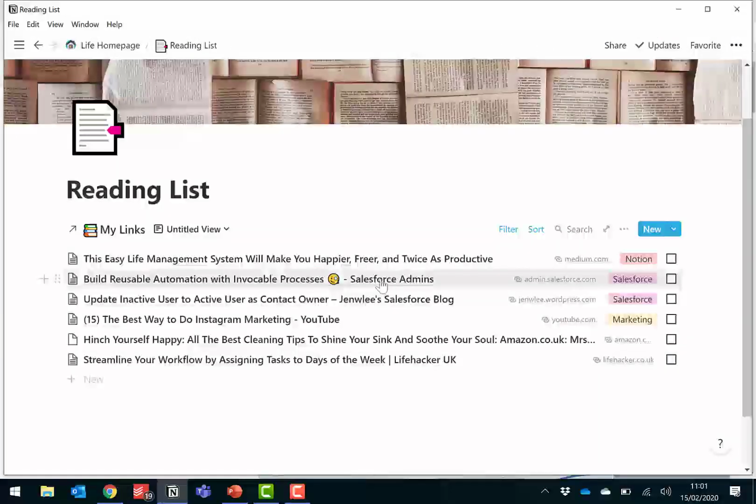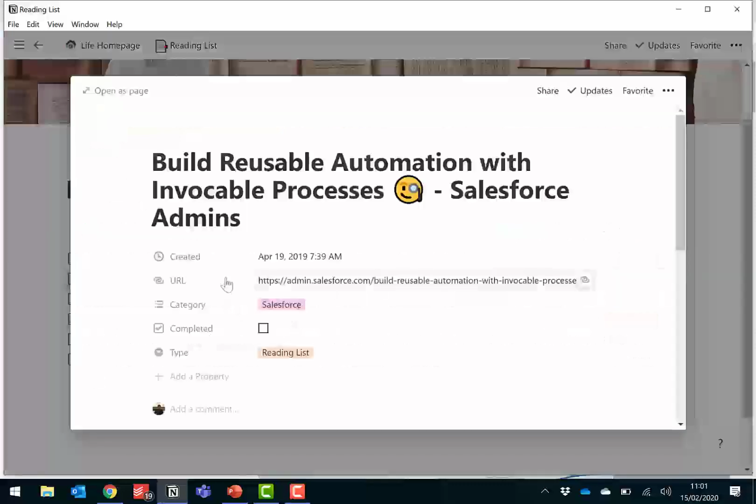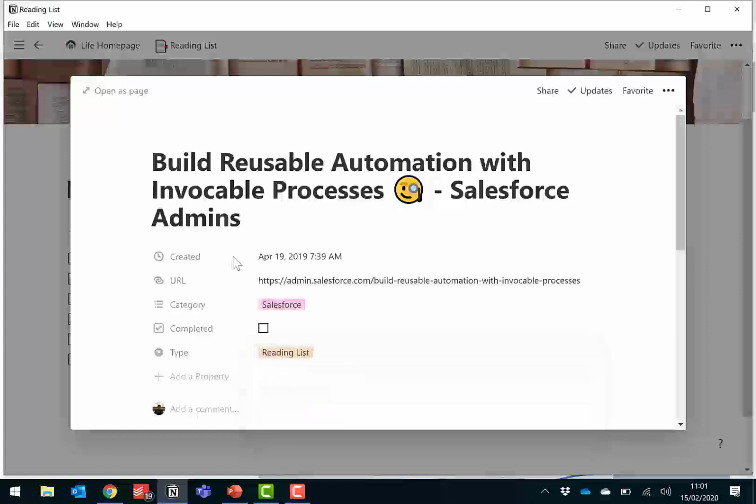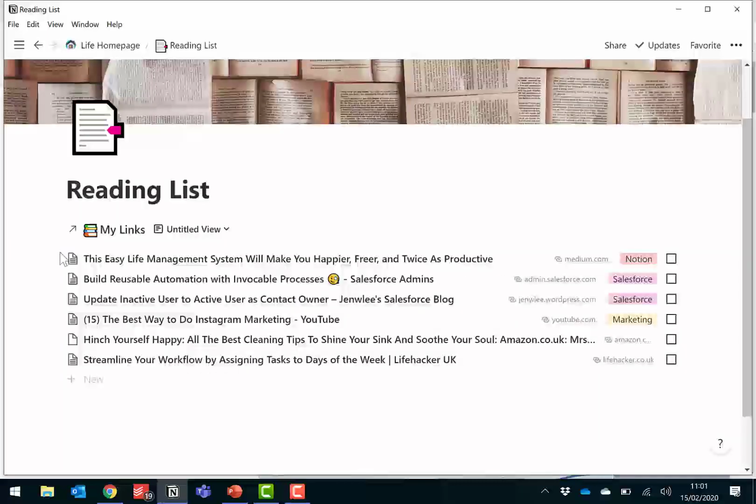Within that, you can see we have properties where I've put a category for this, and a type of reading list, because I can also save things such as videos. What that means is that you can have a page for any particular topic or project that you're working on, and have a reading list for each one.